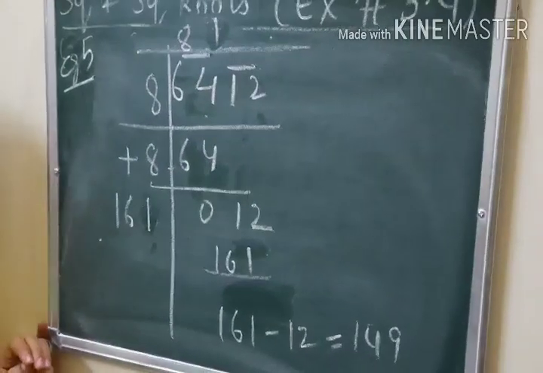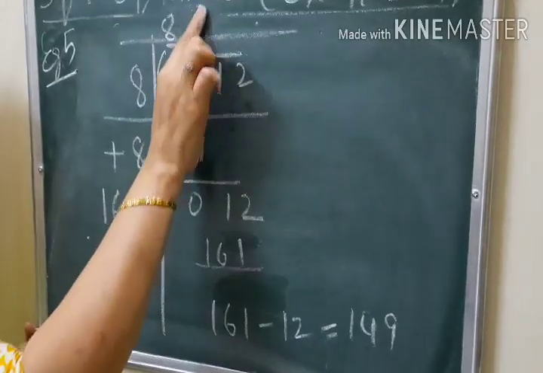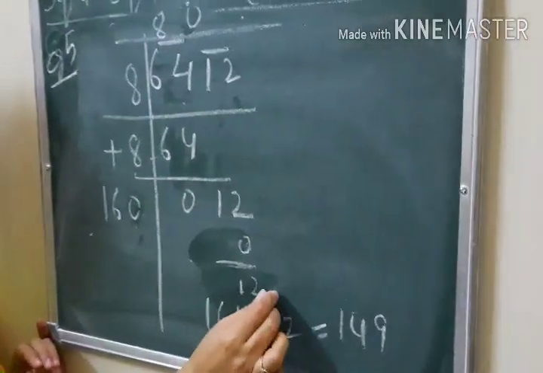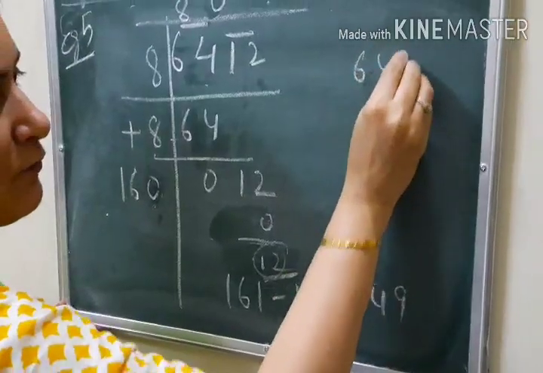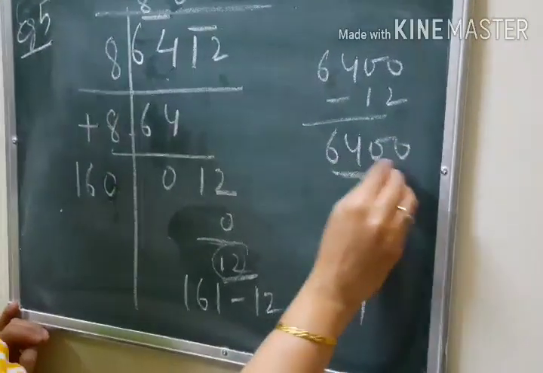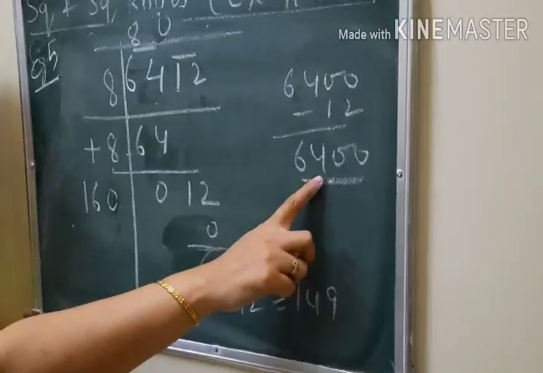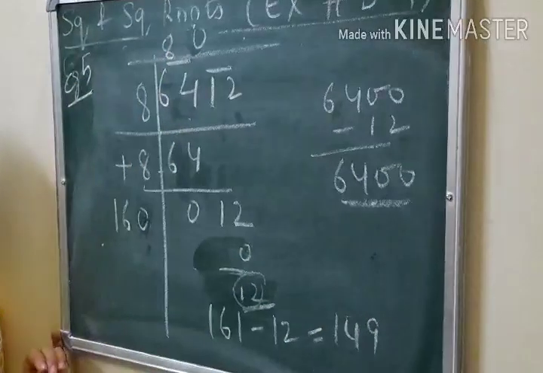Right? Why we have done this? Because if I take 0, 0, listen carefully. If I take 0, 0, the number is 12. And this number needs to be subtracted from it. 6400, if I subtract, we know that 6400 is a perfect square and it is a square of 80. Because 64 is the square of 8, 2 zeros are there, so 1 zero will cancel. It will be the square of 80.